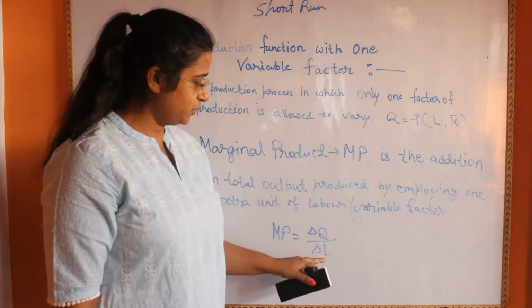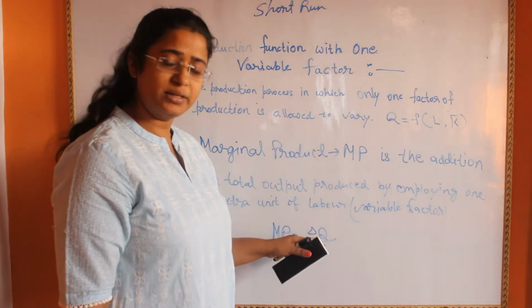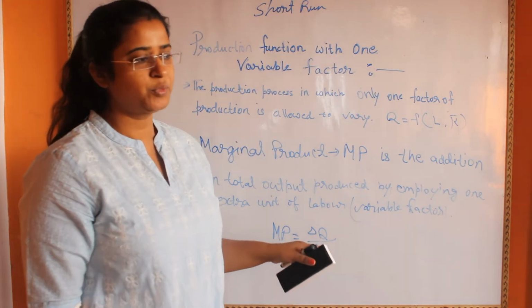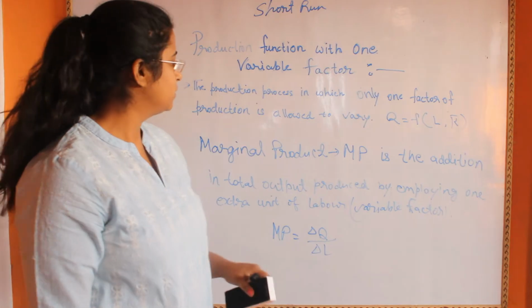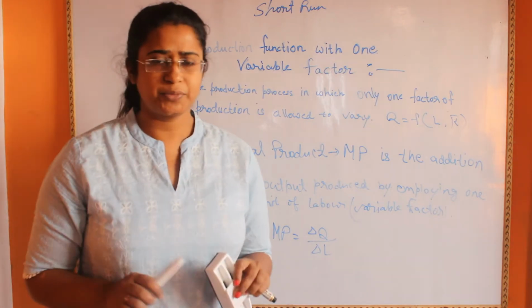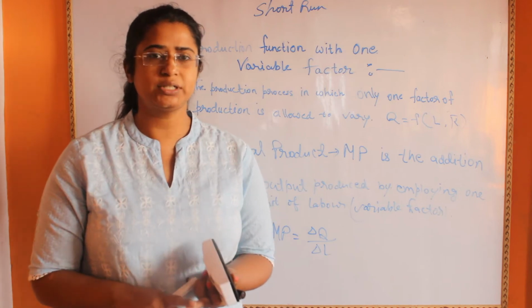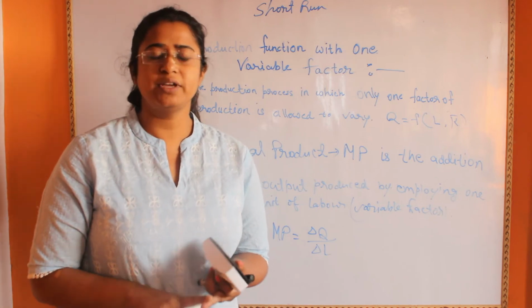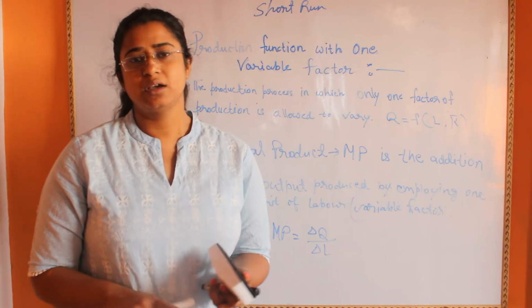This is the change in labor and this is the resultant change in the quantity of the output produced. Okay, so these three concepts, that is total product, average product and marginal product, are very crucial to understand